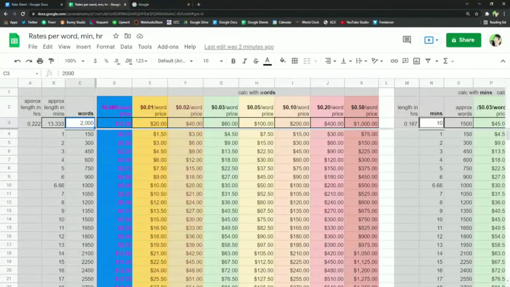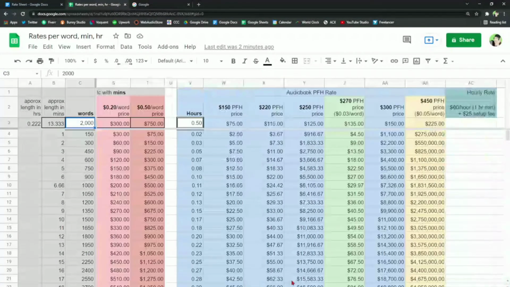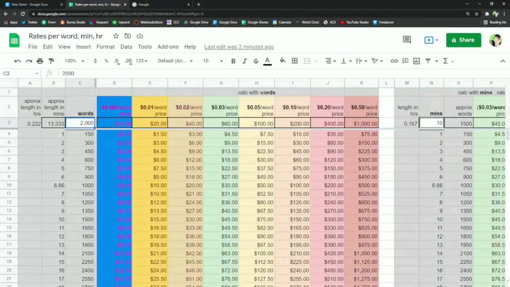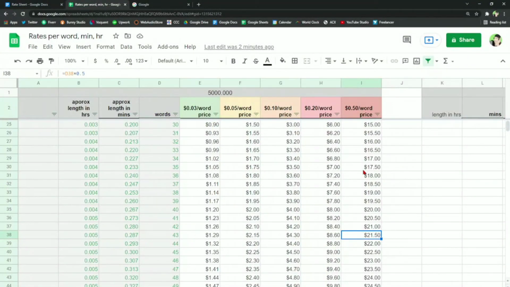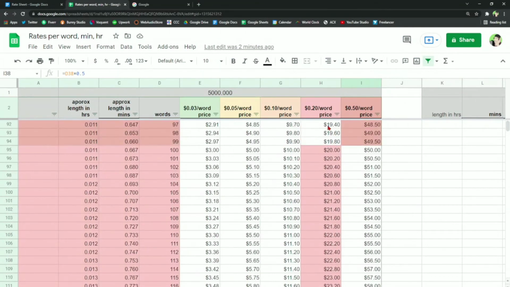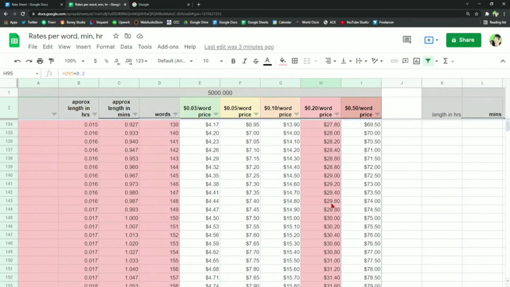So this neat little document goes all the way through here, and it shows the audiobook per finished hour sheet, and also has this second sheet, which goes into a quick little detail about, okay, here's what happens when we switch over from the different sections. Take a look at the less than 100 section. It goes from darn near almost $50 to $20, but it's a whole wide range of section.